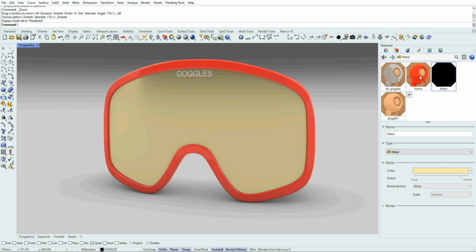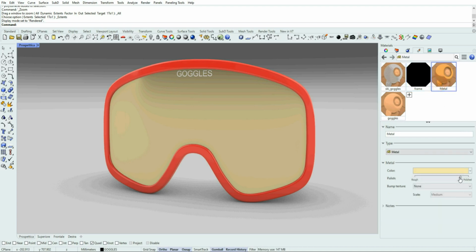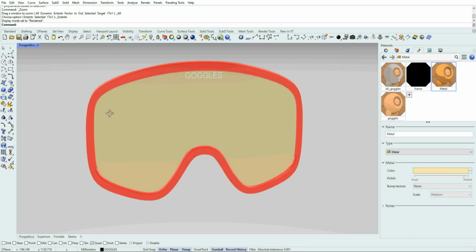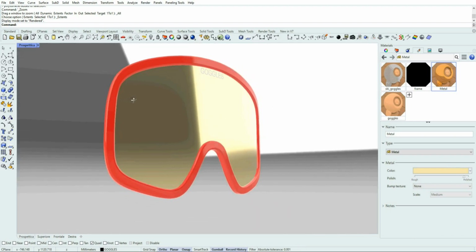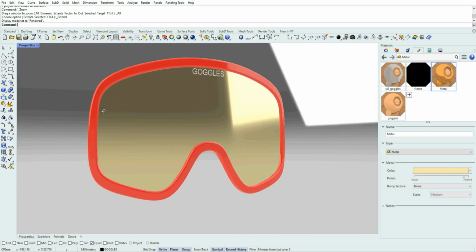In our next tutorial, we will see how to model something like this in a different way, with different sections, maybe with a different kind of lens. For now, it's all. You can play with materials, you can increase, for instance, the polishiness, so the metal will be more reflective, more shiny.